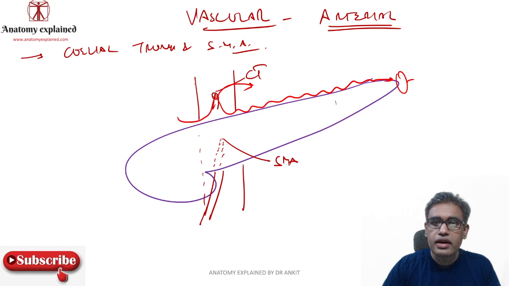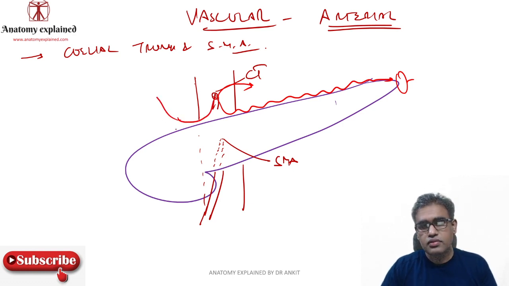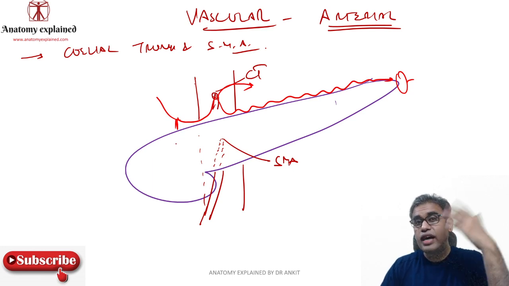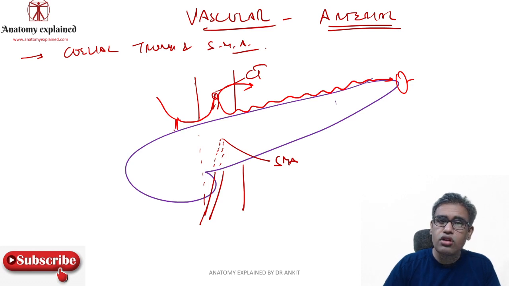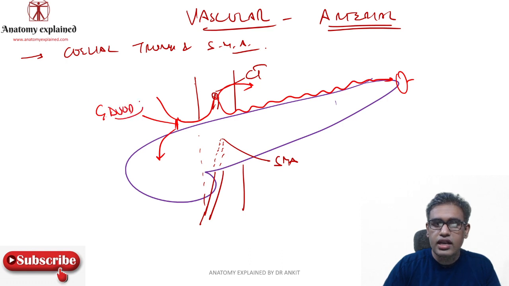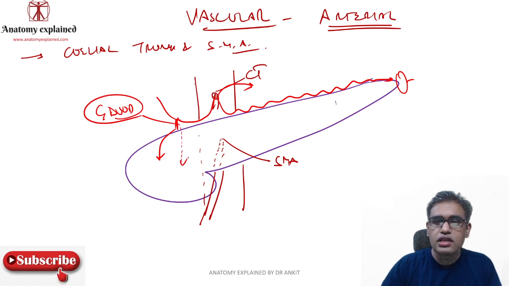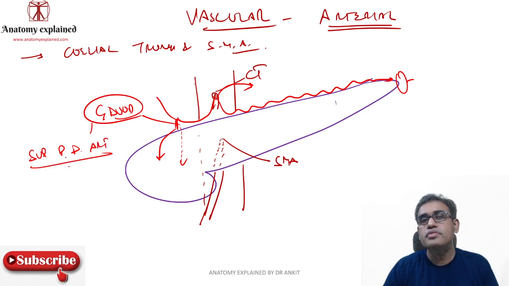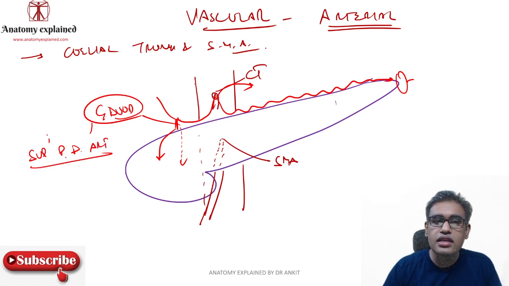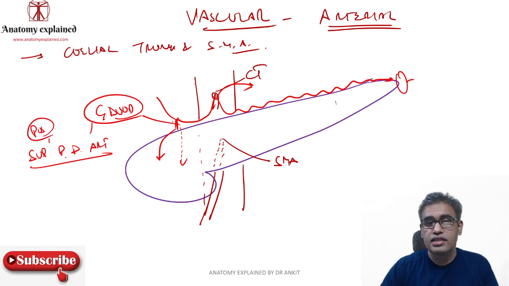Then there was the common hepatic artery. This common hepatic artery will give off the gastroduodenal artery. That gastroduodenal artery will actually go behind the first part of the duodenum, and then it will also give off some branches over here. What are these branches? This is our gastroduodenal artery. The first branch which it gives off is the posterior superior pancreaticoduodenal artery. PD artery means pancreaticoduodenal artery. This one over here, the dotted one going behind, posterior but superior pancreaticoduodenal artery.